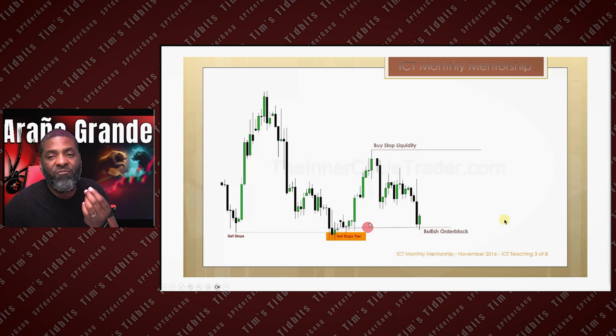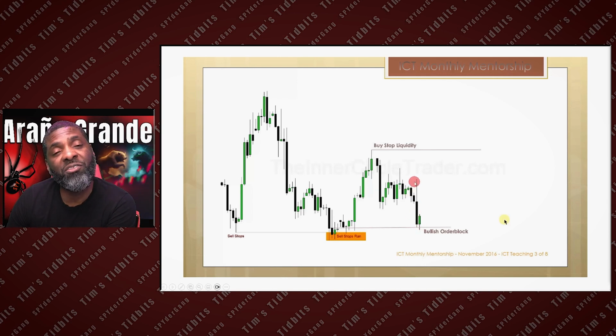A lot of confluence of PD arrays to let you know that the institutions are going to protect these lows now. Why? Because their stops are below there. They've already taken other people's stops, and now their stops are down here. And they're going to protect these stops with the little clues left behind in price. And this is when you're trying to get in. Whatever your entry model is, you shouldn't have one because you're just a mentee and you're just learning how to read price right now.